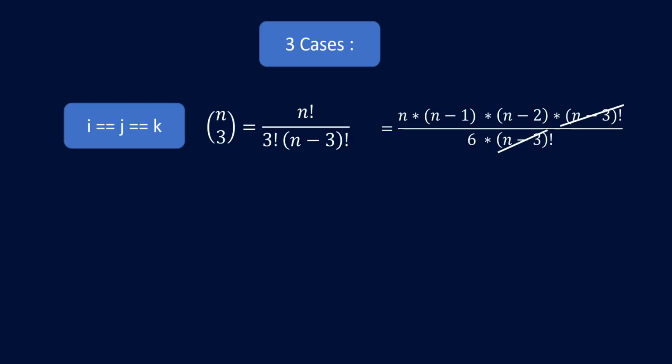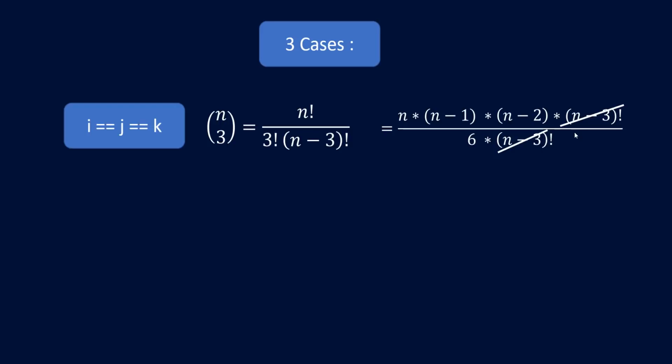So in that case, my formula would be, I have a count of n and I need to create a set that has 3 numbers. So the formula for that is given by n factorial divided by k factorial, wherein k for us over here is 3 because we have all the 3 numbers that are equal. So 3 factorial into n minus k factorial. So over here we have n minus 3. If you simplify this formula, you will get n into n minus 1 into n minus 2 divided by 6, because this gets cancelled out. So that is the formula that we will use whenever we get a number such that i is equal to j is equal to k.